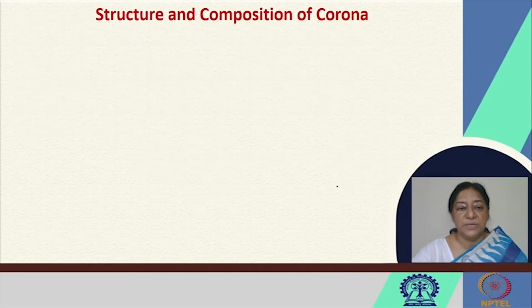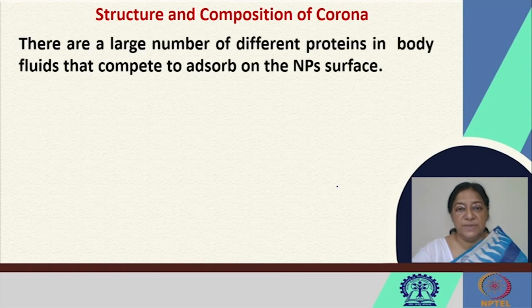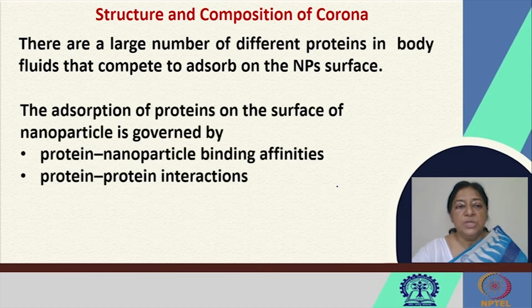So the structure and the composition of the corona depend on the proteins involved. In this case, there are a large number of different proteins in the body fluids that can compete to adsorb on the nanoparticle surface. So the affinity with the nanoparticle is going to be important. The adsorption of the proteins on the surface of the nanoparticle is governed by the protein-nanoparticle binding affinities